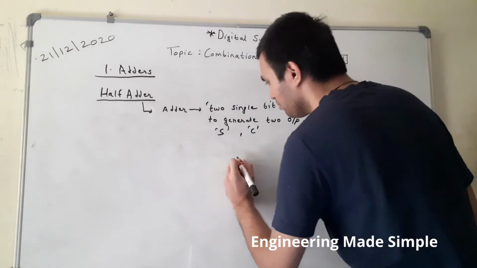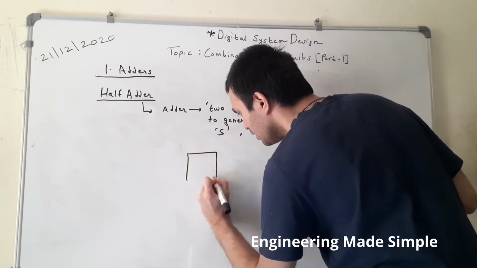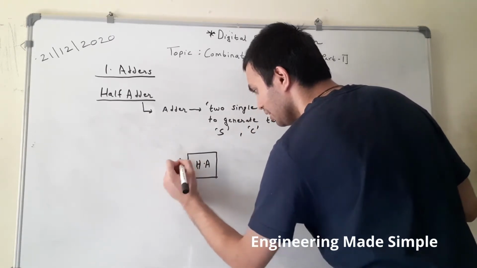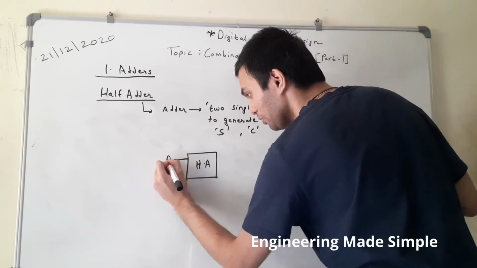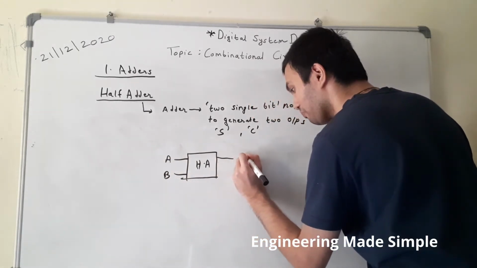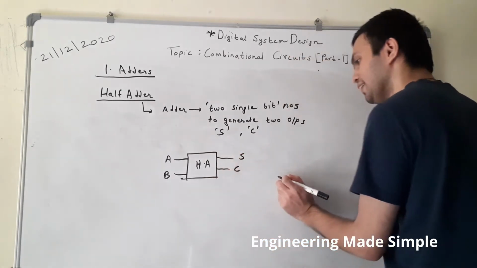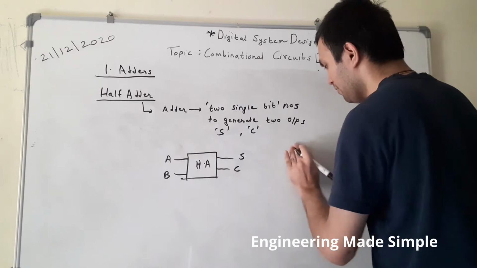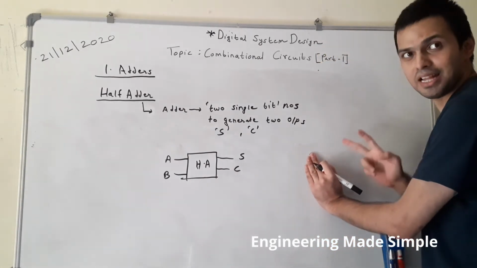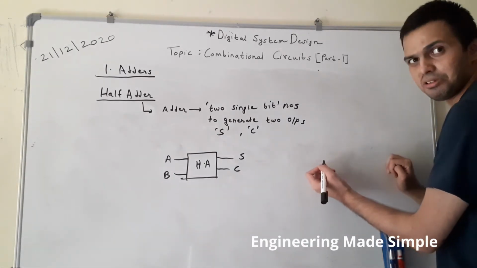Now we will have a look at its generalized block diagram. So this is the half adder circuit, generalized block diagram. Here there are 2 inputs A and B, and it generates 2 outputs, sum and carry. Now let us write the truth table for it. It is a single bit addition. So we have studied the rules of binary addition and subtraction. Now this is the adder circuit, so it will be easier for us to write the truth table.